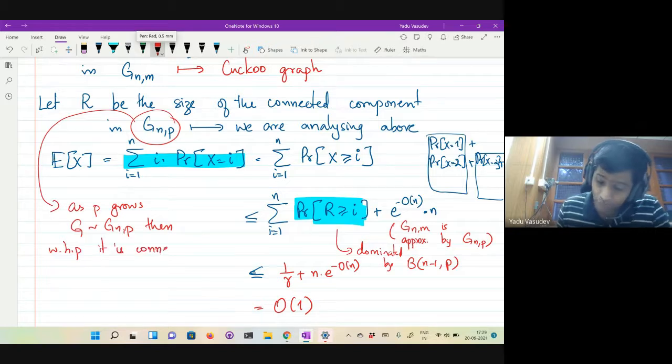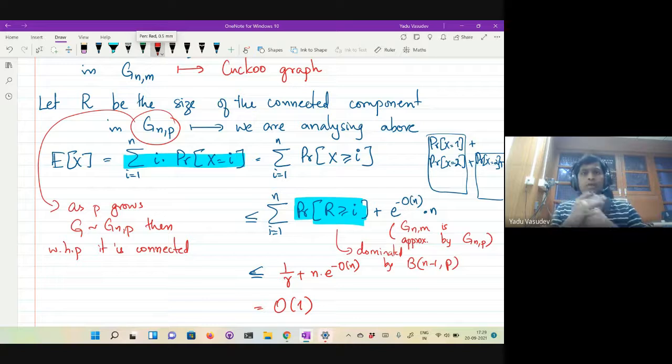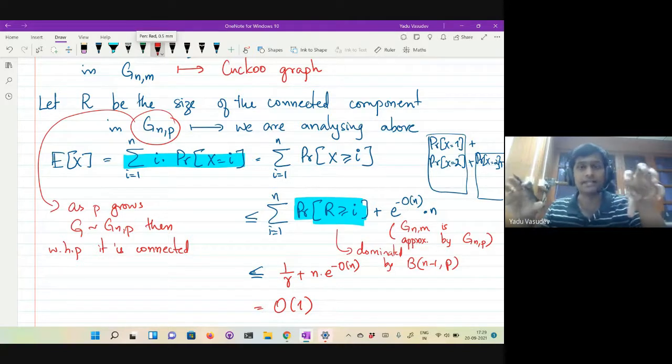And what we are saying is that we don't want to go into this regime, right? You don't want to have a highly connected graph. You want to have graphs where the connectivity is really, really small, right? Only then the search complexity of your hashing algorithm will be good, right?